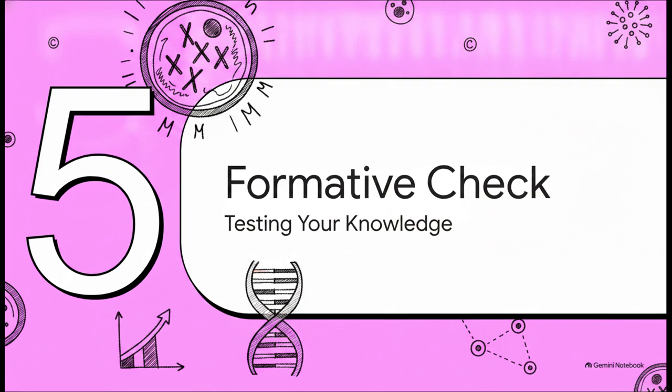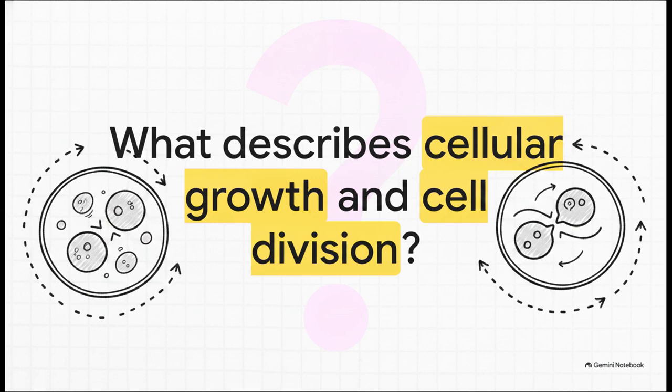All right, let's head into Section 5, Formative Check. Time for a little testing of your knowledge. We have covered a massive amount of ground today, from the pure math of cell growth to the complex traffic lights regulating division. So, let's do a quick, non-graded check just to make sure you firmly grasped the core mechanics. Here's the question. Which describes the activities of a cell that includes cellular growth and cell division? Take a quick second to lock in your answer in your head. Is there one overarching term that captures the whole shebang, both the growing phase and the dividing phase?